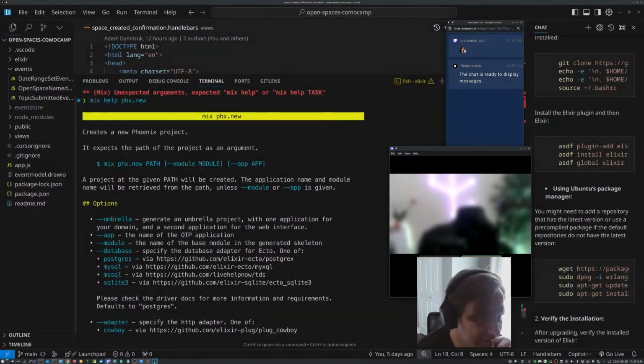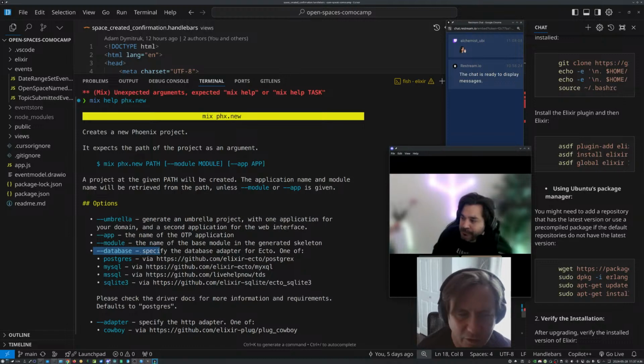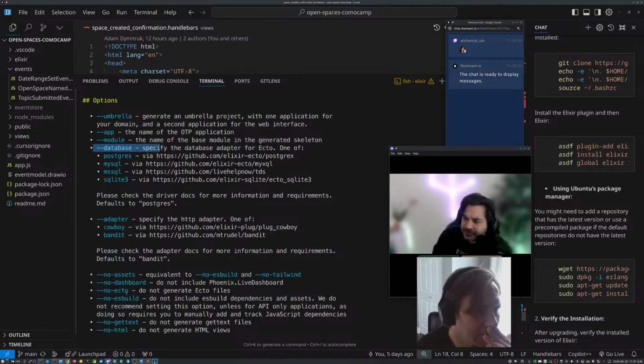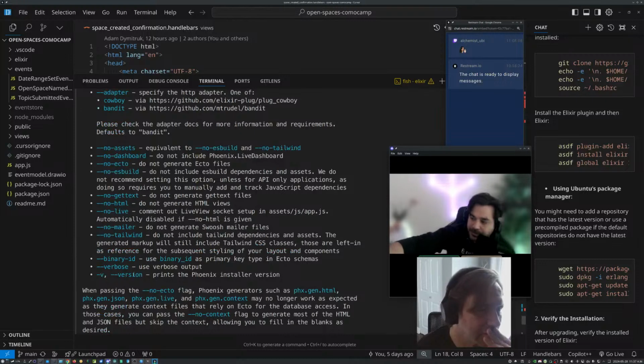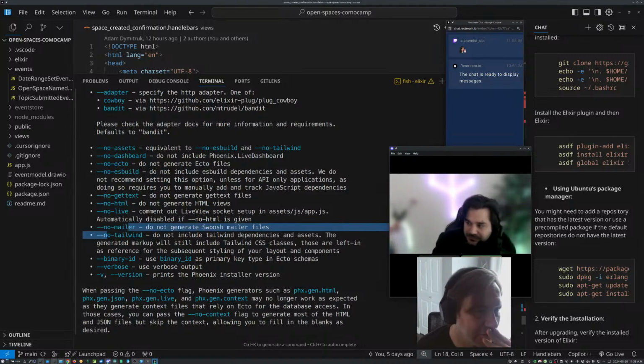Oh, so you can specify a database. So we don't have to specify a database. That's cool. If I leave it out, it's going to do a default database. Do you have to select no database? Right. If you go down there, you see there are some opt-in no stuff. So no Ecto, no Tailwind. Yeah, I don't want anything like Tailwind because we're just doing